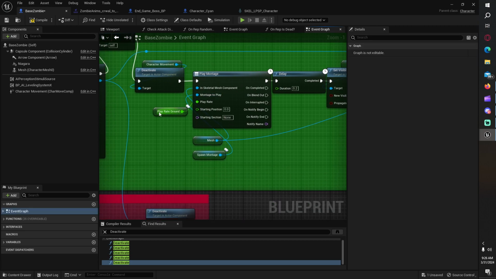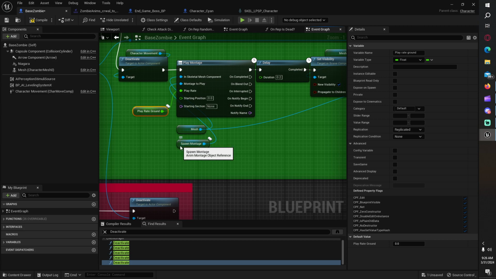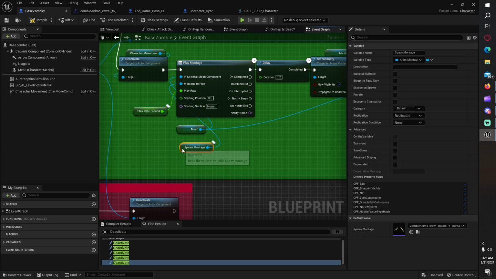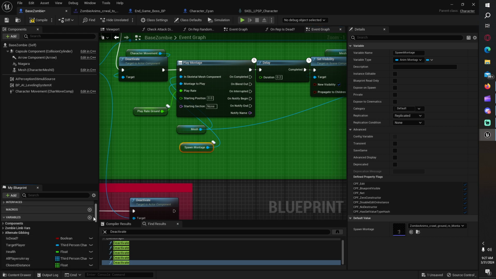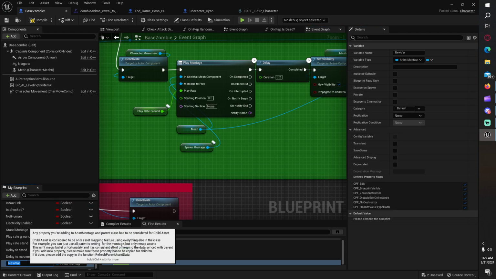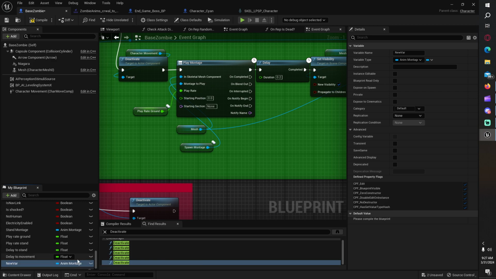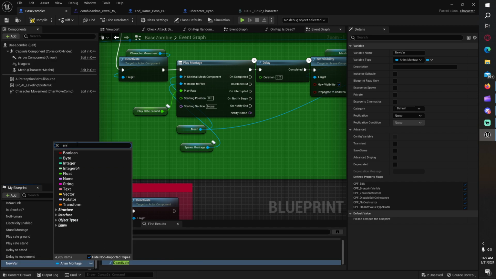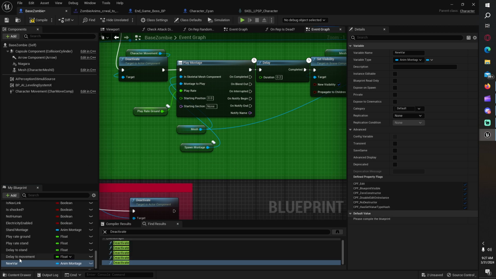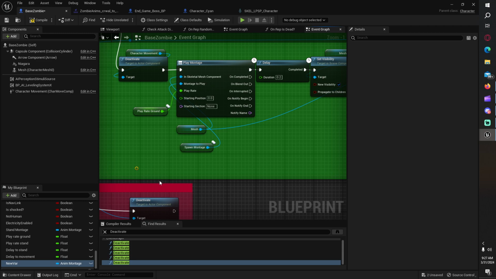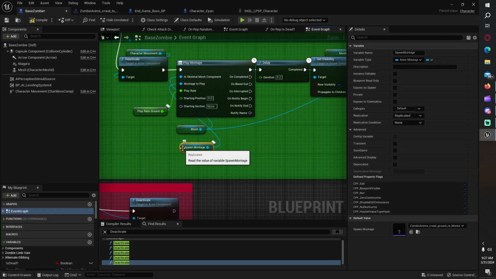Hook it up. Play rate ground, we'll get into that in a second. First thing you're going to need is a spawn montage variable. Come over to your variables, add one, name it whatever you'd like, and make sure it is an anim montage, so anim montage object reference. Once you have that anim montage, you can just drag it in, get the variable, and then once you compile,